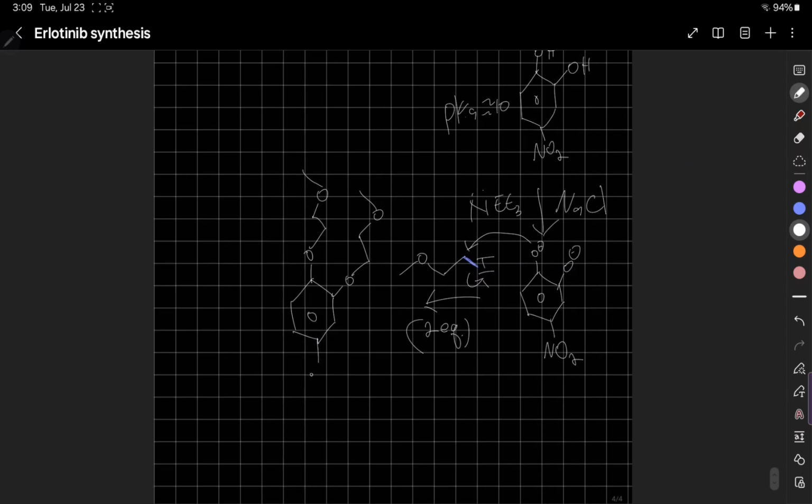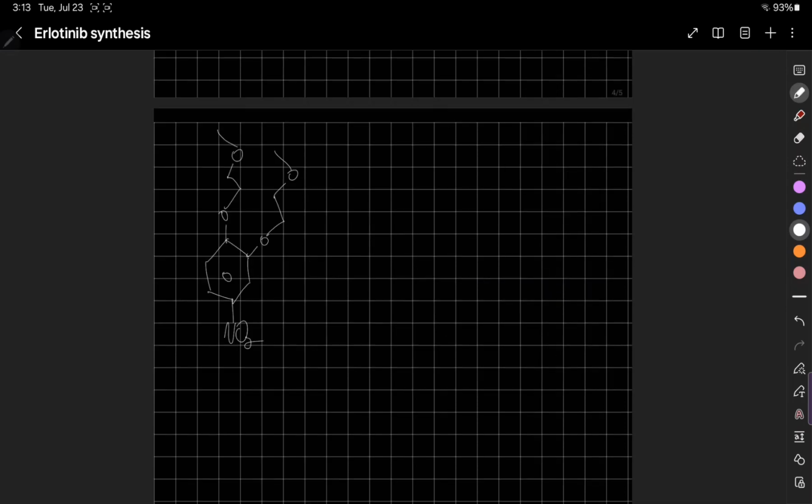From here we can start forming our quinazoline ring. So from this nitro substituent, the last piece before we actually build that quinazoline system is going to be the addition of this dichlorine carbonyl sort of